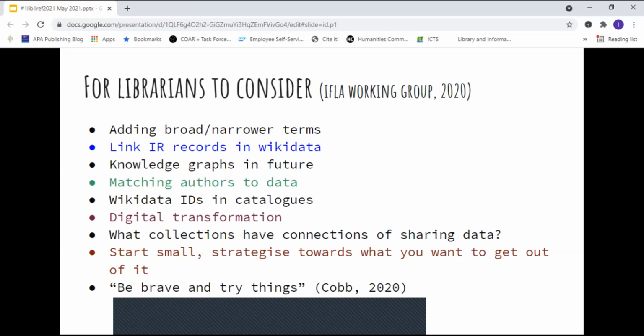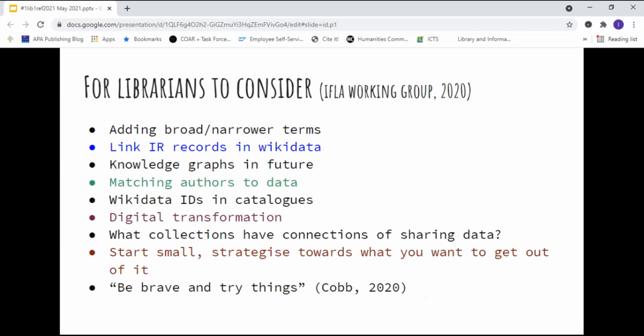Which brings us to aspects that we librarians may consider. Librarians can make a valuable contribution to Wikidata by adding broader or narrower terms, linking our institutional repository records in Wikidata, and considering what our knowledge graphs of the future should look like. And they are really very valuable outcomes by matching authors to the data.